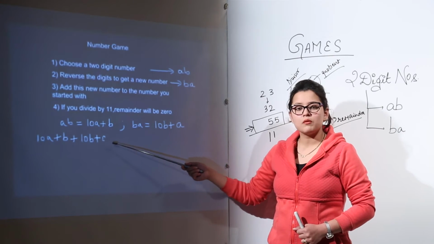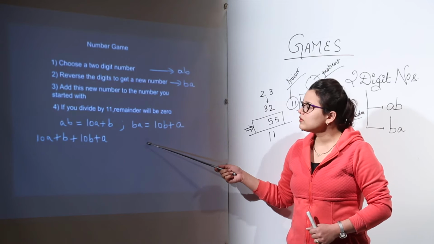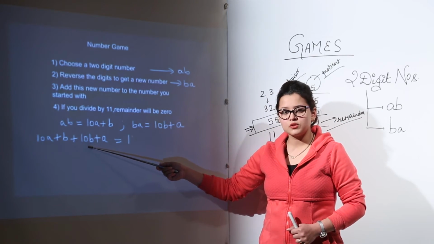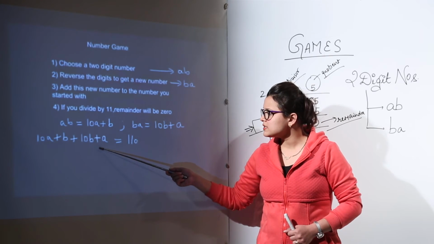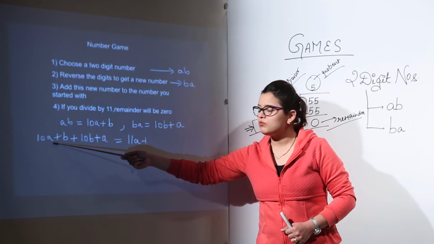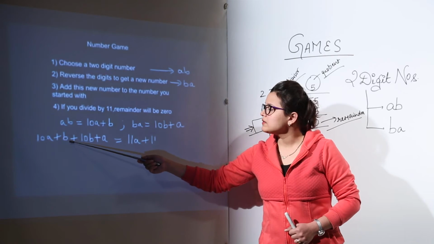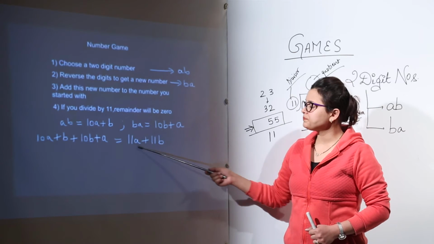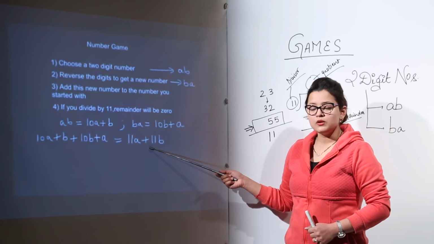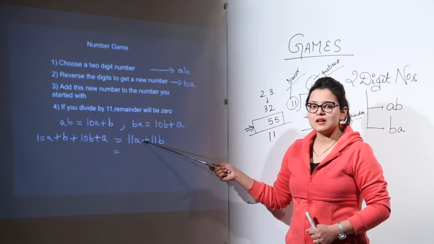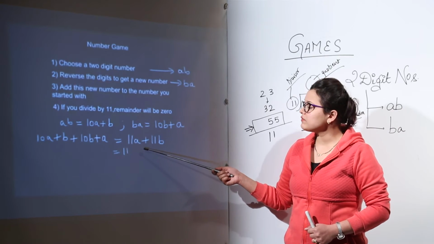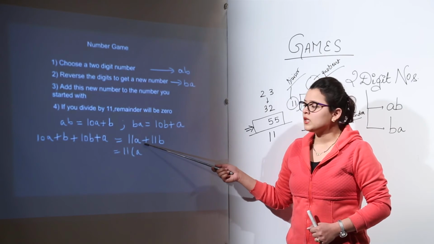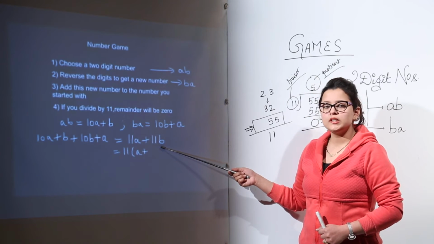So what is the sum coming out to be? The sum will be when you add the like terms together. See, there are like terms only present, that is 10A plus A would give you 11A, and B plus 10B would give you 11B. Now this is the sum. Out of this sum, we can clearly see that 11 is coming out common. So we take out 11 common, and what are we left with? Here we are left with A, plus over here we are left with B.